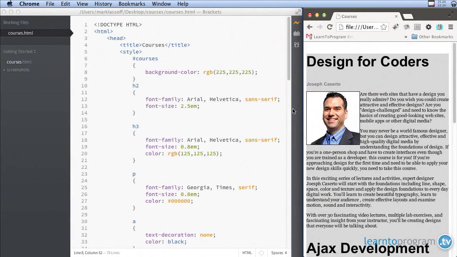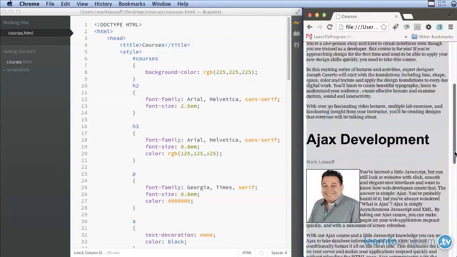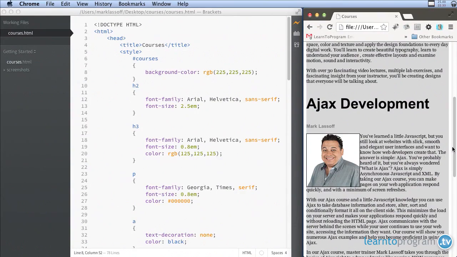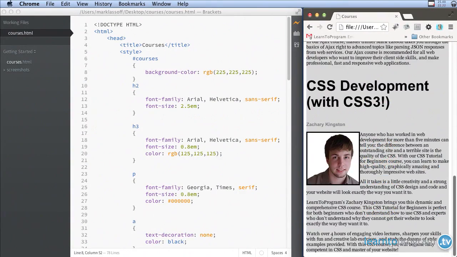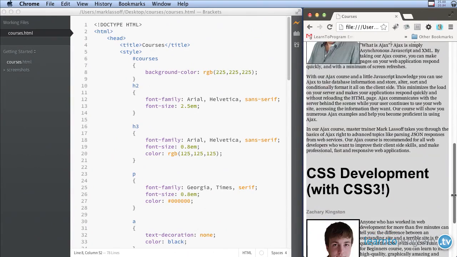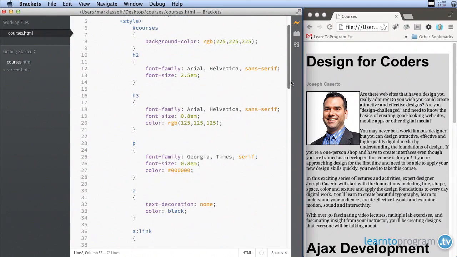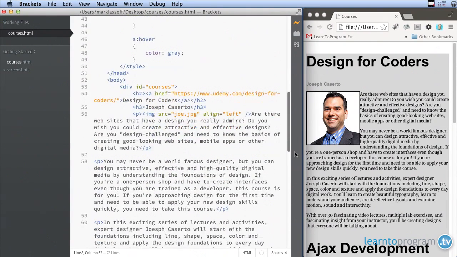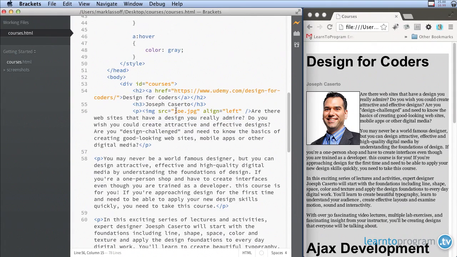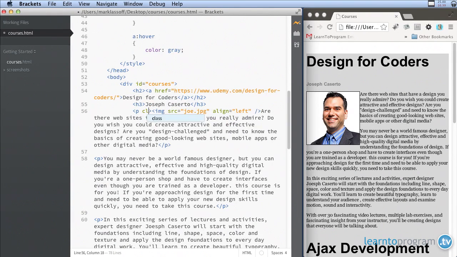All right, so now the next thing I'm going to do here is just apply a little bit of color to certain words to highlight them. So let's say, for example, we wanted to highlight the first paragraph of each of these descriptions. We want to do that by setting a specific color for the first paragraph. So we can actually do that with a class. I'm going to go in here to the first paragraph of each of these, and I'm going to set a